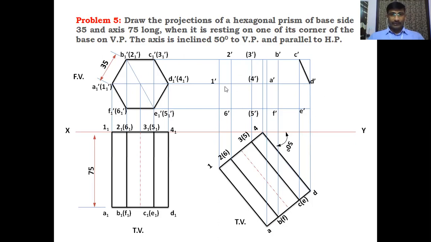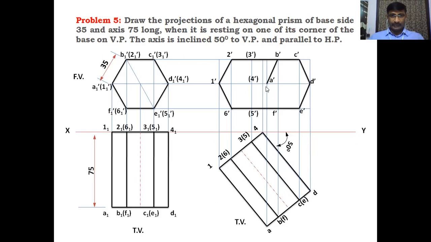And after getting all the 6 points on the upper base and the bottom base, you have to join outer points first. You have to join outer points like this. C dash, D dash, E dash, and E dash to 6 dash on the same line, and 6 dash to 1 dash, 1 dash to 2 dash, 2 dash to C dash is on the same line. First join like this outer points. After joining the outer points, join the visible base, that is with a dark pencil.